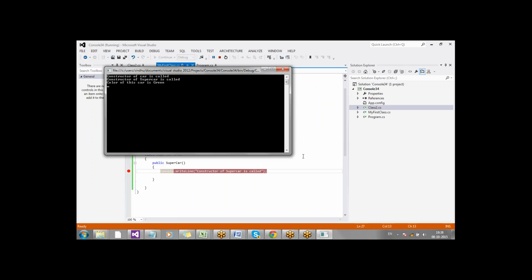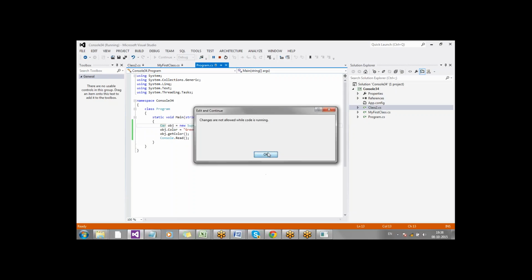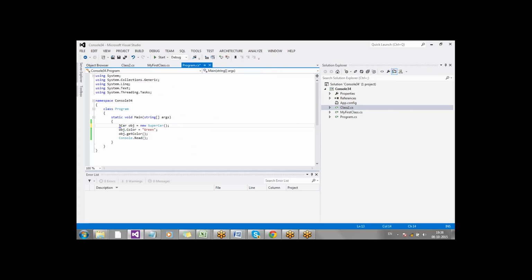So basically this constructor is tied to the new keyword. Fine. And why is it executing this way and why was it not executing the other way? Because this creates a supercar type and gets it converted to car, which makes sense. But the other way, in your earlier scenario, you are creating a car type and you are trying to convert it into supercar type.